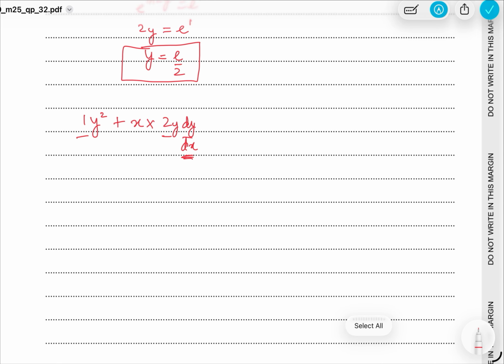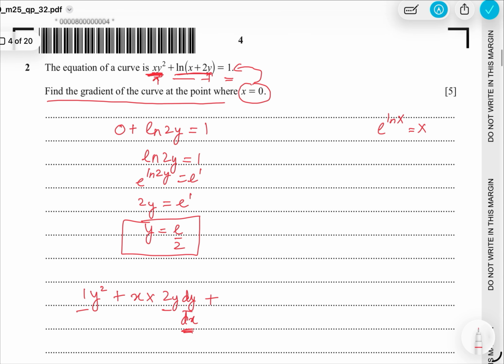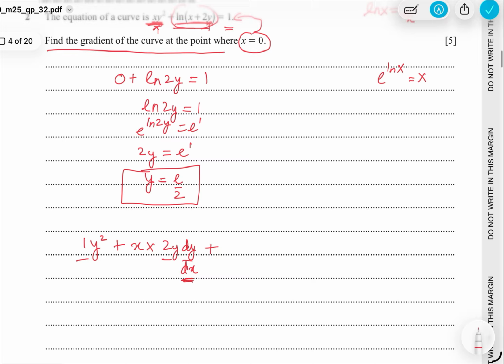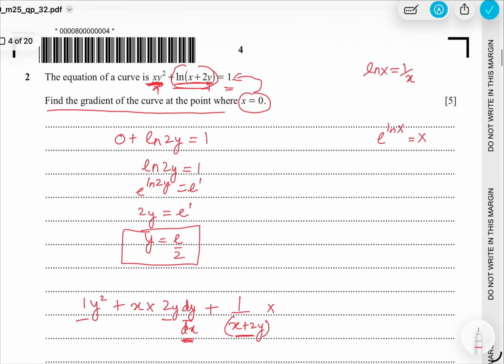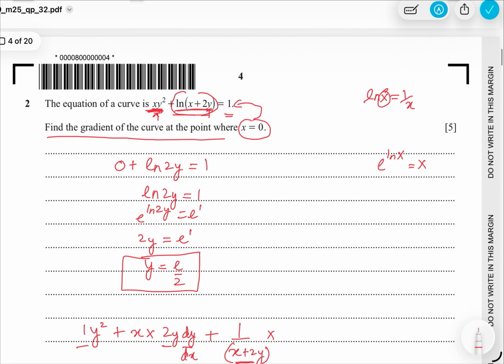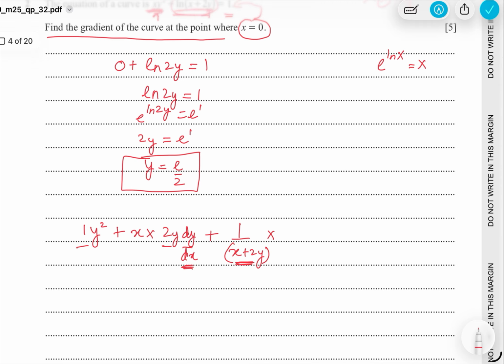All right, this is done. Plus, let's apply chain rule in here. All of us know that ln x differentiation is 1 by x. So this would be 1 upon x plus 2y times the differentiation of this one, because x was not here. Here we had x plus 2y. So what would be the differentiation of x plus 2y? Tell me. Yes, sir. x differentiation would be 1. 2y's differentiation would be 2 dy over dx